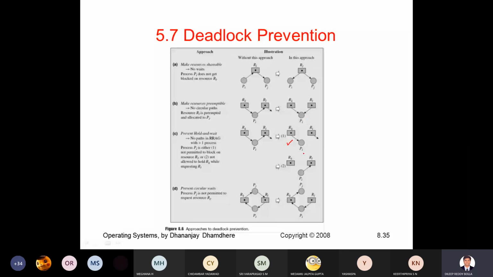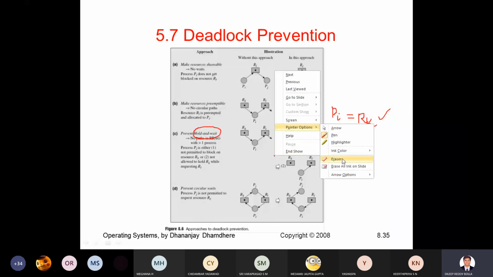Sometimes this process will not allow the resource RK. So these two are paid, and the corresponding process PI will be allocated to the resource RK. Okay, so this is solved because of holding and waiting. As we are holding and waiting here, you see this one, this problem is being solved.